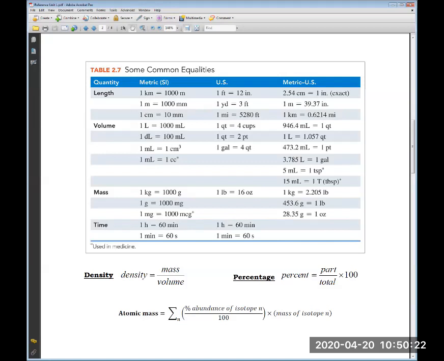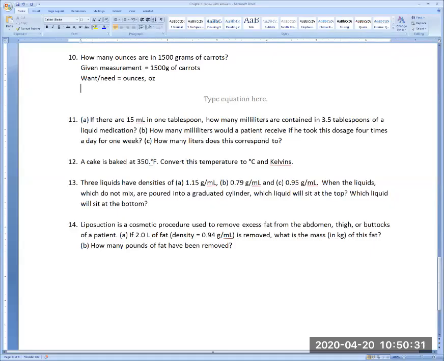So let me go back to the review here. The equality that we will use is 28.35 grams equals 1 ounce. Then you want to think about how you will write the conversion factor from this equality. For this, you need to always start with your given amount. So you start with